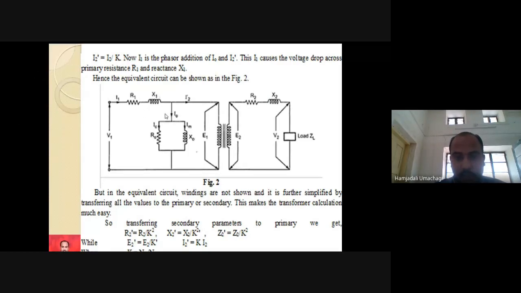So here I told you that I can transfer all primary side parameters to the secondary side. If I transfer the parameters from primary to secondary, it is the forward path. Or I can also transfer all secondary parameters to the primary side. From secondary to primary means it is the backward direction, and from primary to secondary means it is the forward direction. Always remember, if I move things from primary to secondary, then the primary parameters will become R1 dash, X1 dash, I2 dash. Sorry, this will become simply I2. This will become I0 dash, IC dash, IM dash, R0 dash, X0 dash. Similarly, I can move them to the primary in the reverse direction.